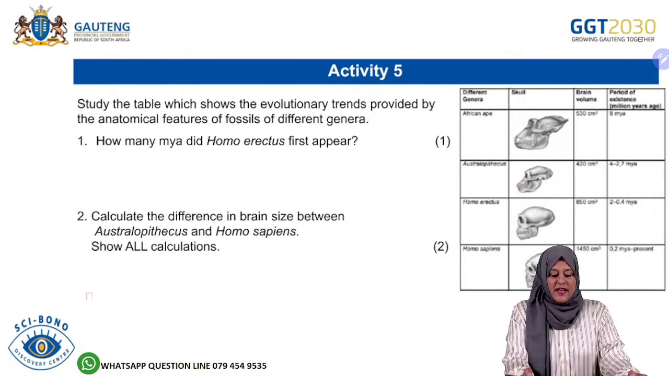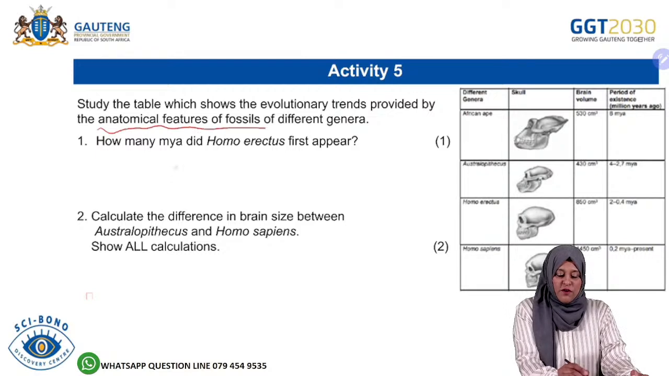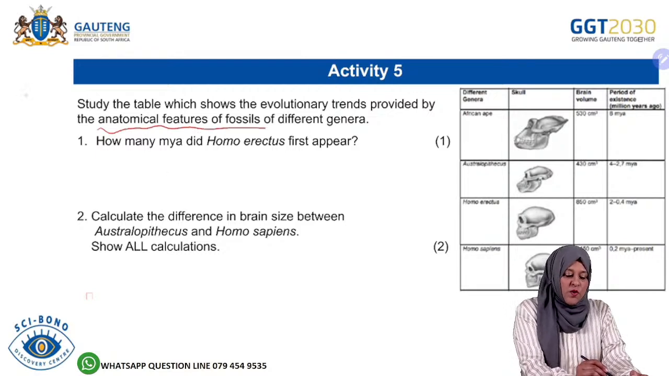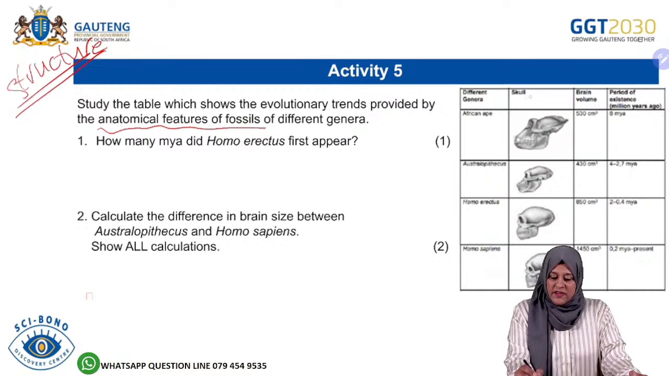Right, activity 5. Study the table which shows the evolutionary trends provided by the anatomical features of fossils. Again, we're looking at the word anatomical, which means structure, right? How many million years ago did Homo erectus first appear? So let's see. We are given a table. We are given different genera down here. There's the skull, brain volume here. And here is the period of existence in million